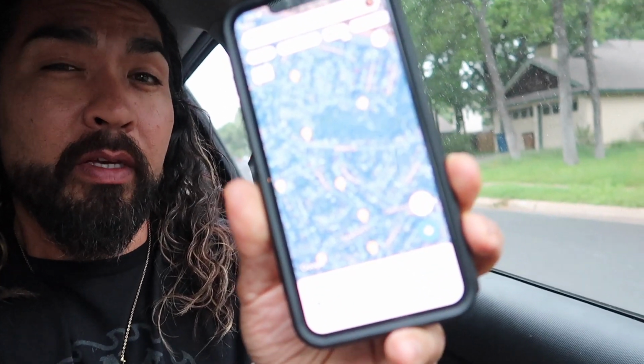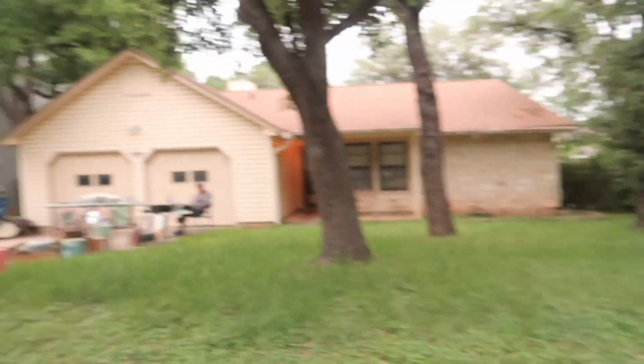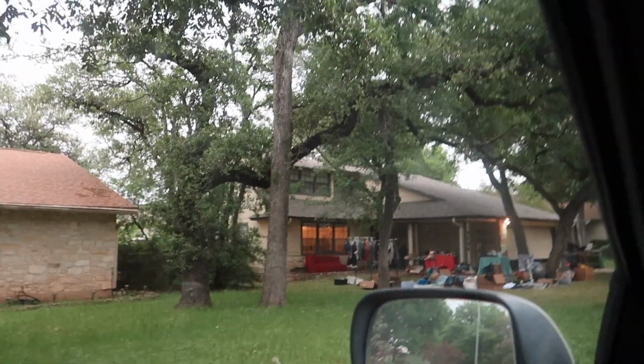Neighborhood-wide garage sales, and we have a map. You can kind of see right there. It shows all these little dots where everything is, and we are running around hunting for these dots. And when we're at the dots, we're going to be hunting for certain goods. We'll see what we can find on this video. All right, we pulled up to 2 garage sales, and we don't know what we're gonna find here, but we're